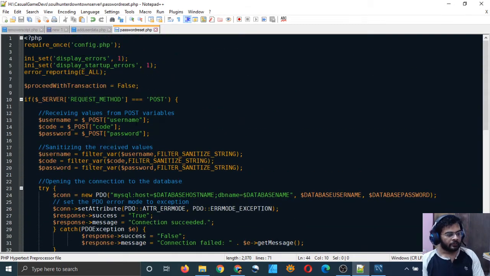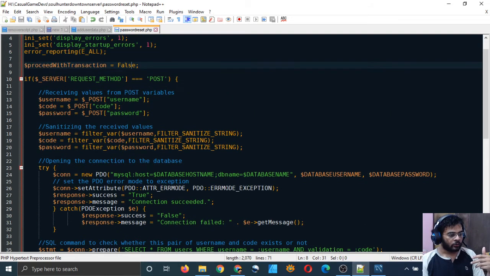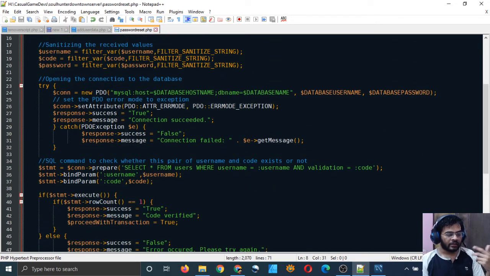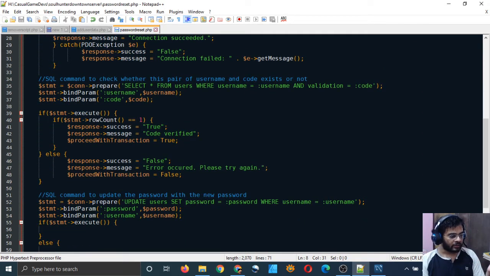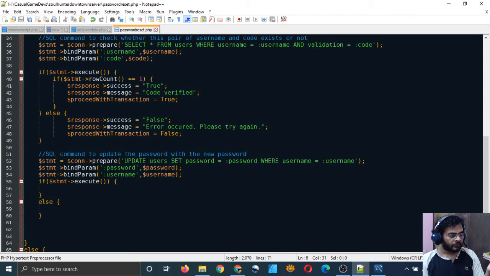And one more thing of caution: when you are dealing with proceed with transaction, always set it to false in the beginning, and don't set it to anything else in any other part of the program other than here. If this statement becomes true, then only set proceed with transaction to true. Otherwise, don't set it to true anywhere else. Let it be false.